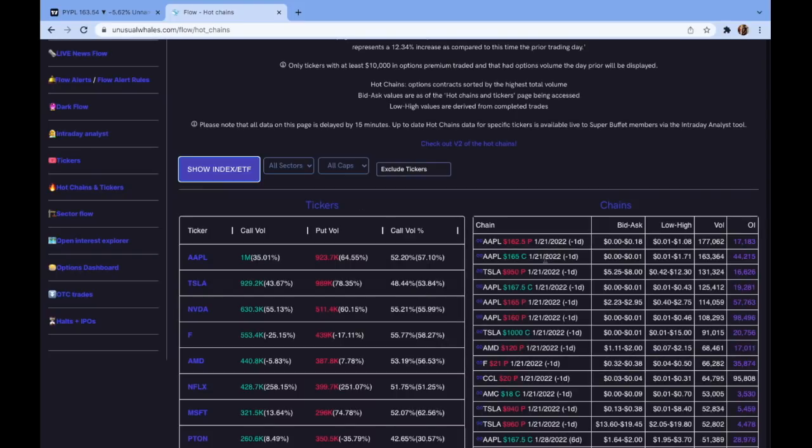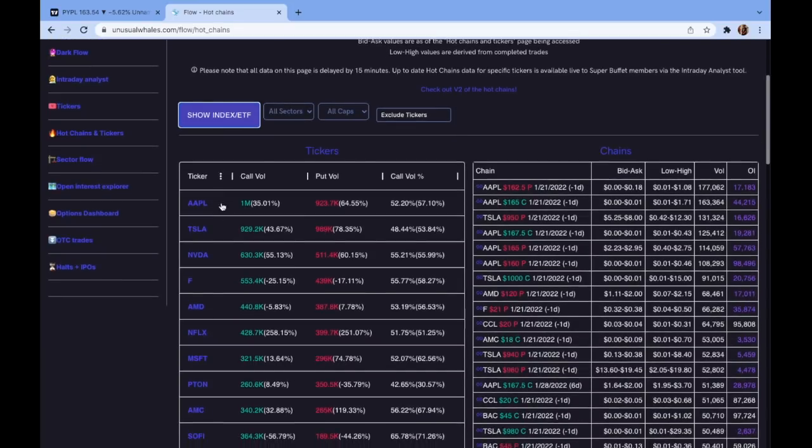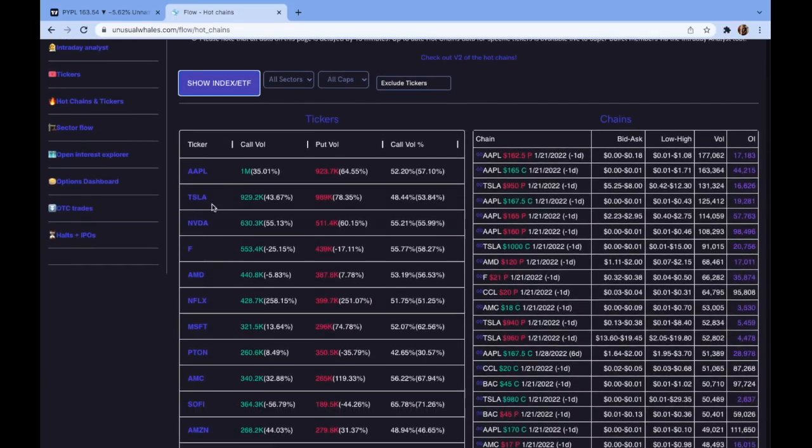When it comes to making a list of possible small account tickers for these 3 to 5 to focus on, the place I start is hot chains and tickers here on Unusual Whales. The reason that I start there is because we need volume in order to trade. So basically what I do is I look through those first 50 to 100 names. I'm trying to stay around that $1 premium area, $1 to 0.75, 1 to 2 strikes out of the money,